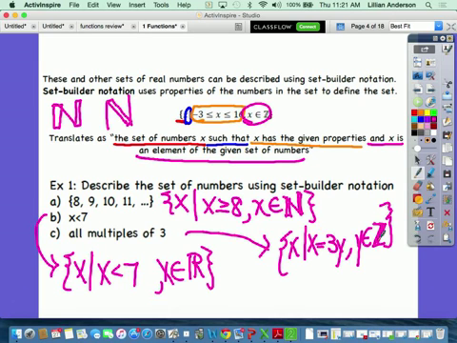Questions? How long are we going to do this? Similar to that, we're going to do 3 more examples and then we're going to